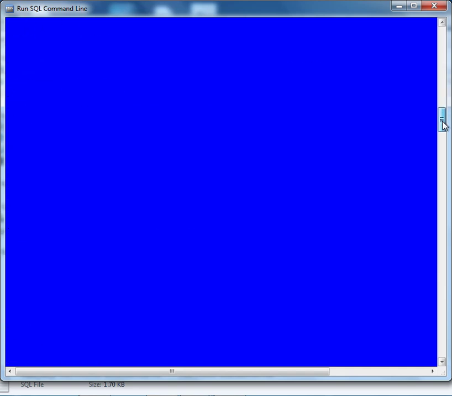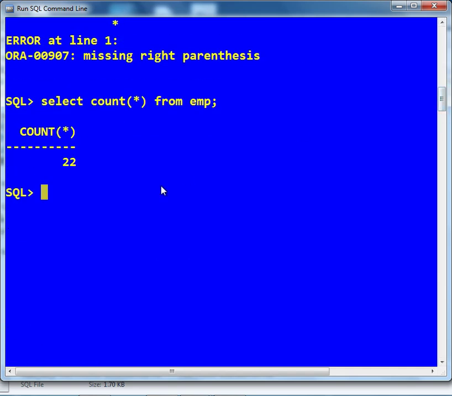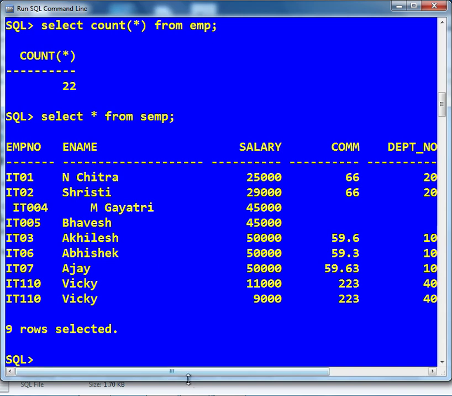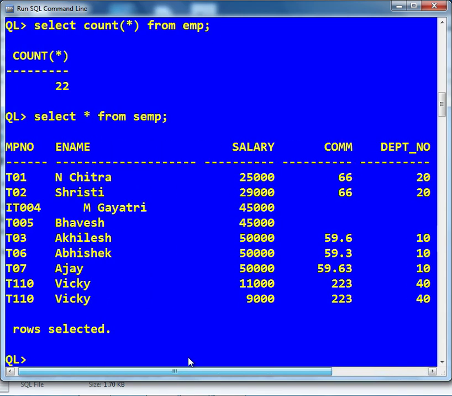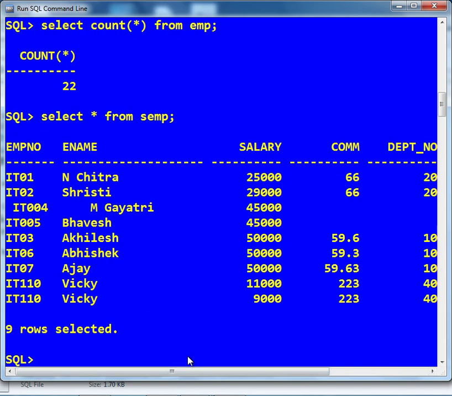Okay, now let's try to do it with another table. Select star from ACMP. Just see the table, select star from ACMP. So this is our ACMP table, just look at that.